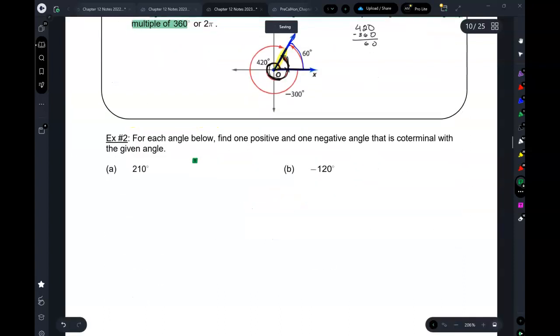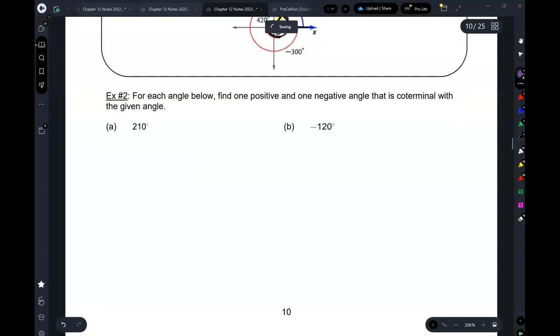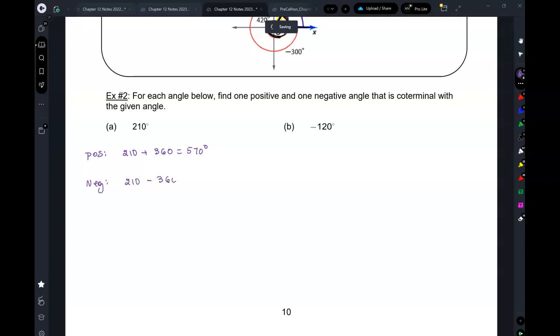Okay? So, for each angle below, let's find one positive and one negative angle that is coterminal with the given angle. For the positive one, we're going to take 210 and add 360, and we're going to get 570 degrees. That's it. For the negative one, we're going to take the 210 and subtract 360. How much are we going to get? Negative